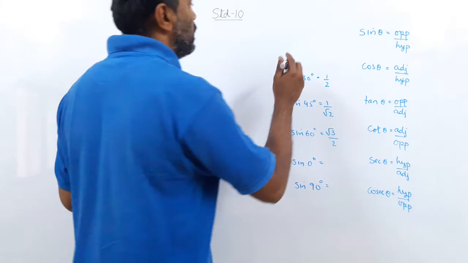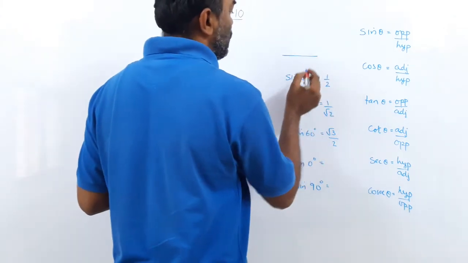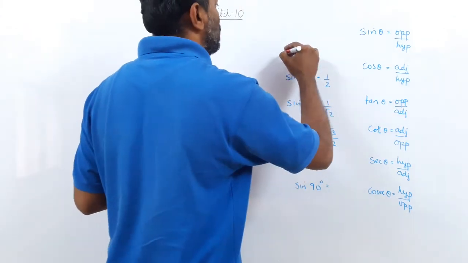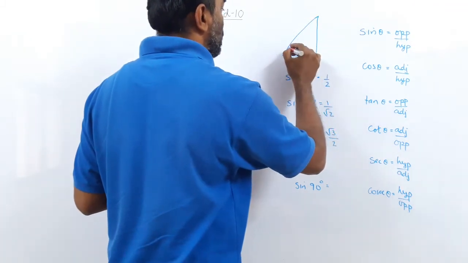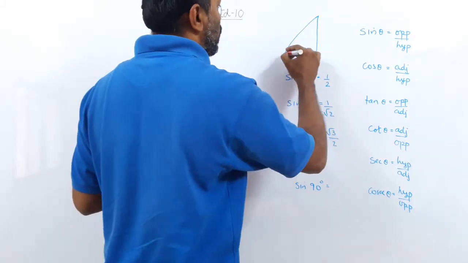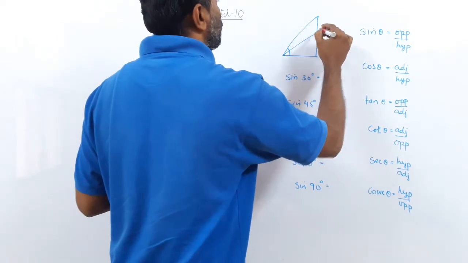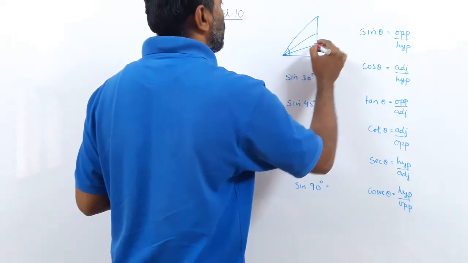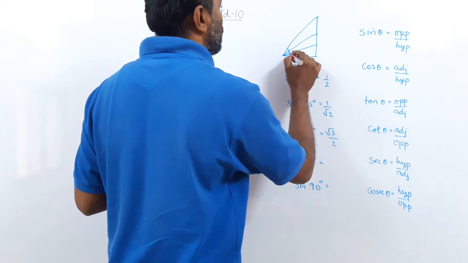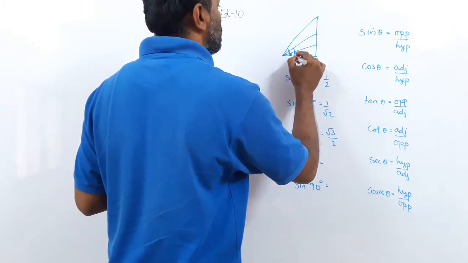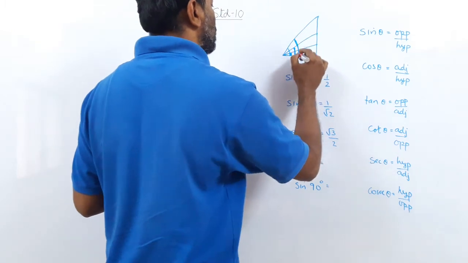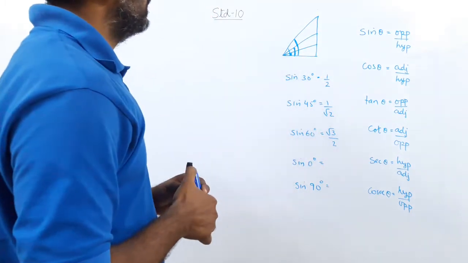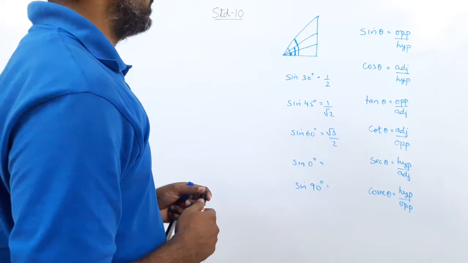Sorry, are you following what I am saying? I have got a ray here. The angles 30, 45, 60. So let us say this is 60 degree. Okay, 45 will be a little bit like this. This is 45. This will be 30. So this angle here is 30. This angle here is 45. And this angle is 60.